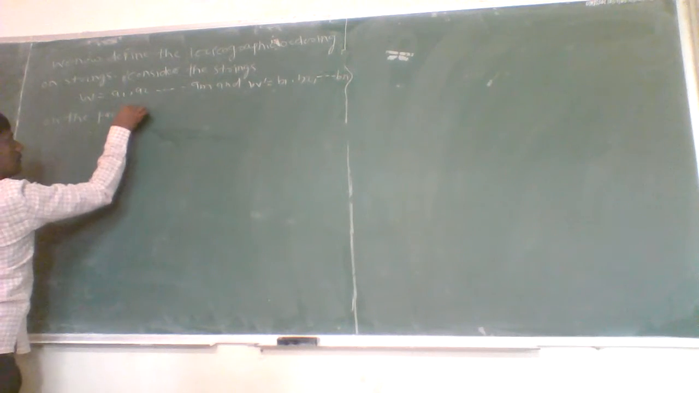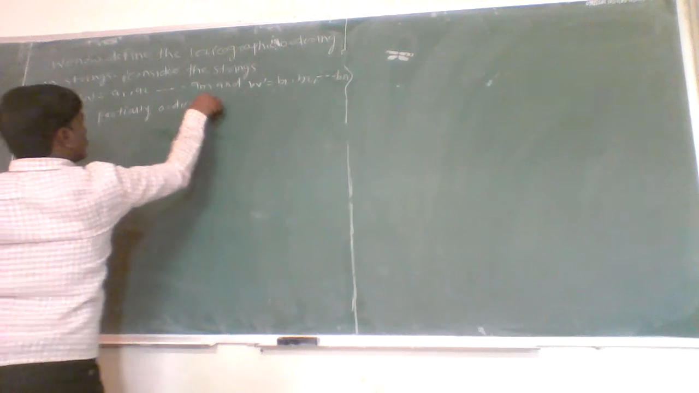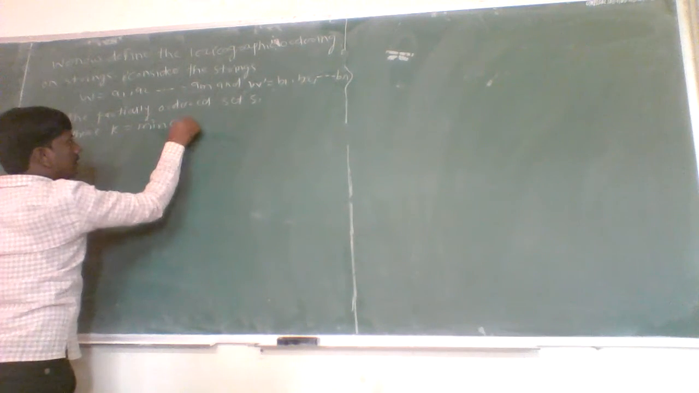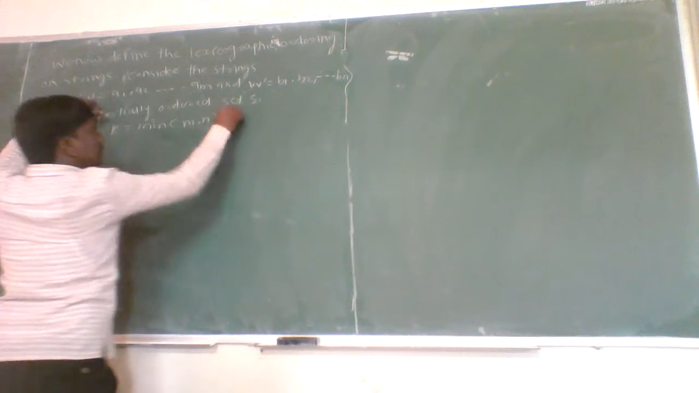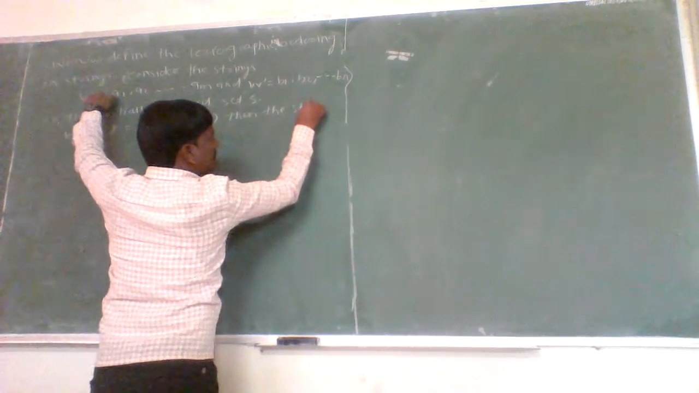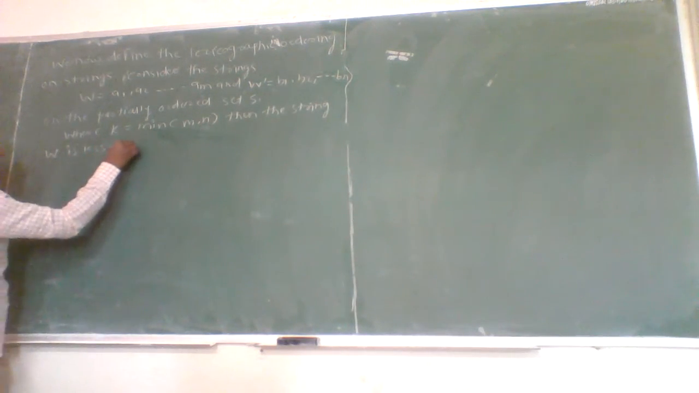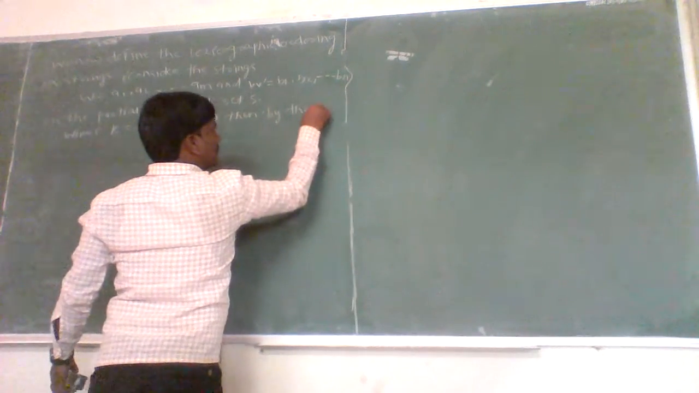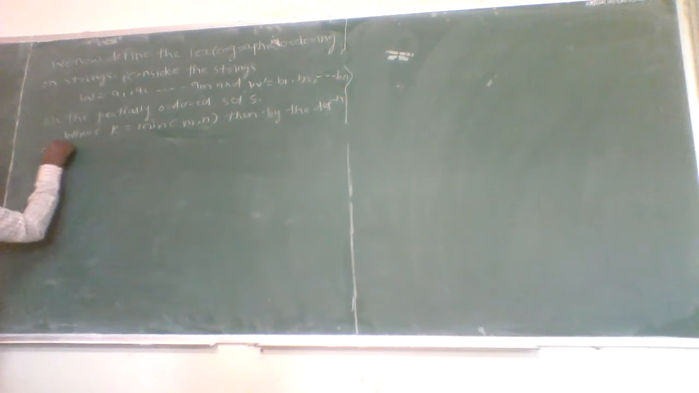On the partially ordered set, where K is nothing but the minimum of M comma N, then by the definition of lexicographic ordering,